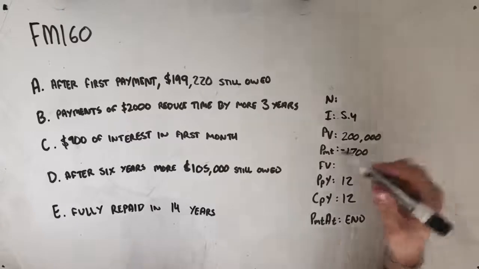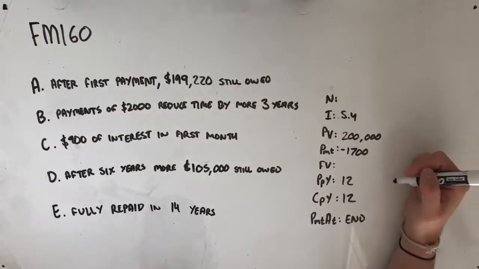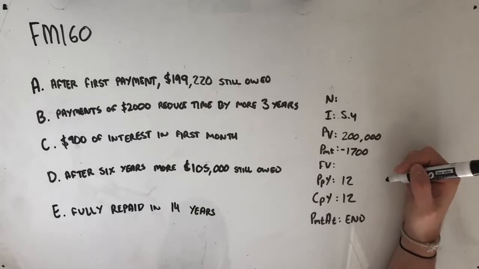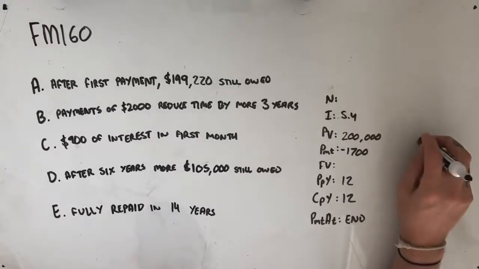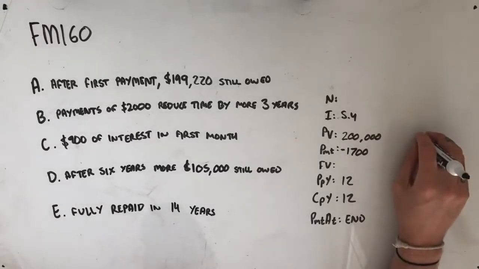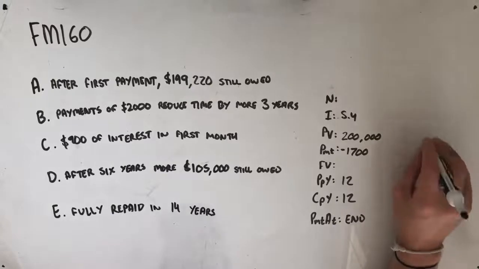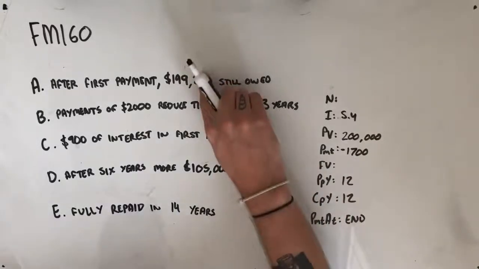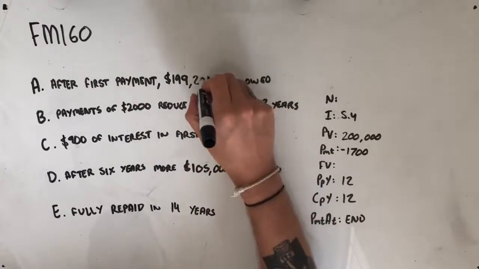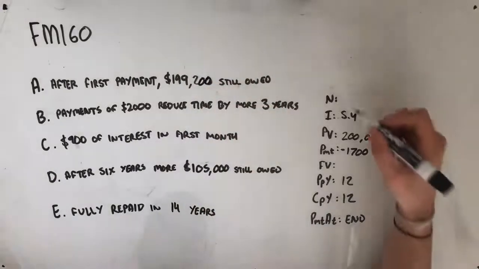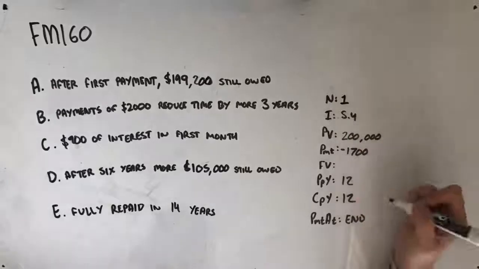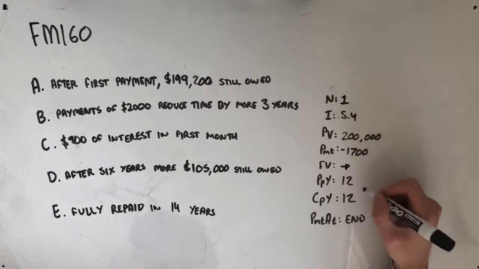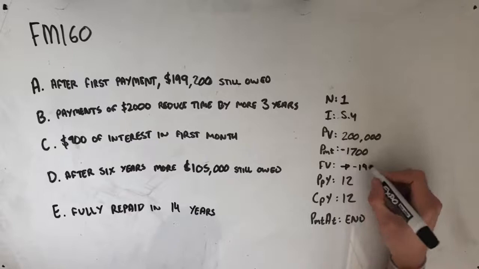So if we have a look at the first condition that we're given, it says after the first payment, $199,200 will still be owed, or as it's written in the book, after the first monthly payment has been made, the amount owing on the loan is $199,200. My mistake there. If you put in n is 1, and then solve for the future value, you should get an answer of negative